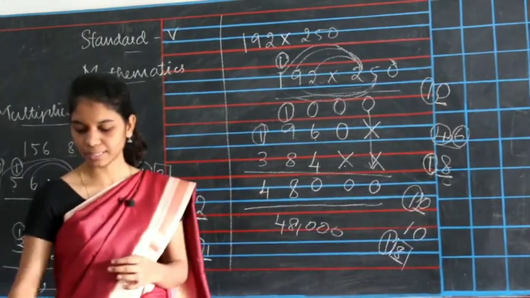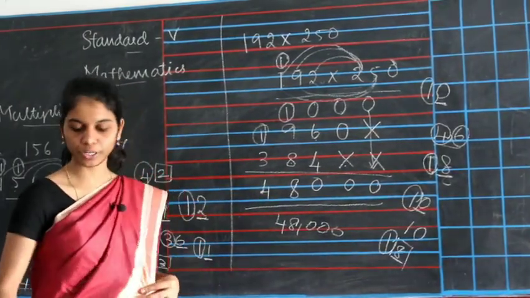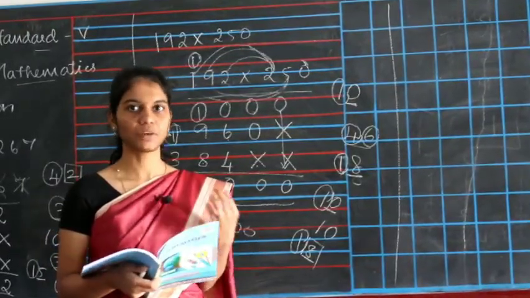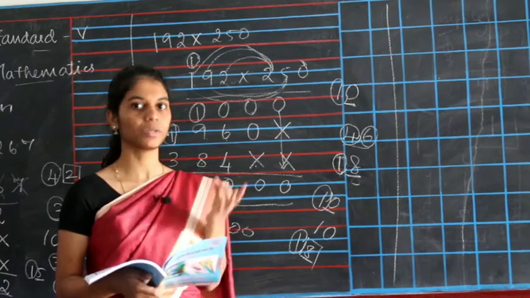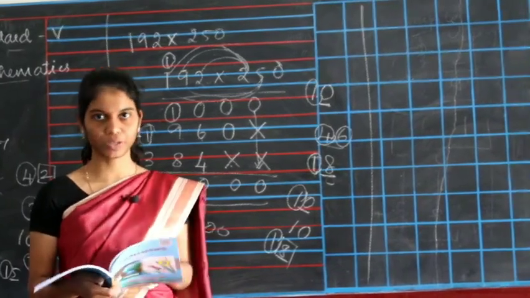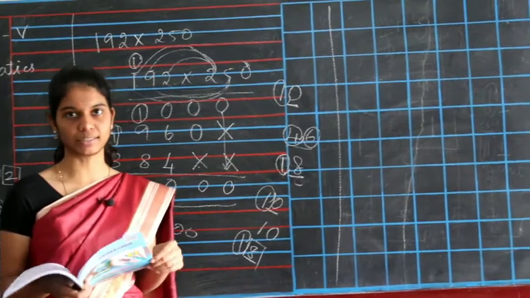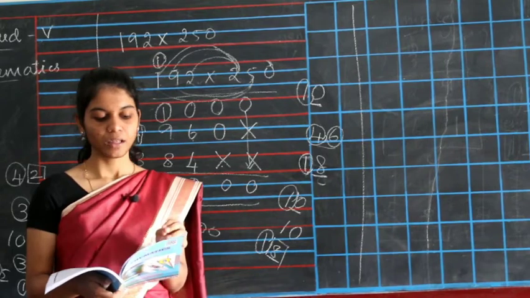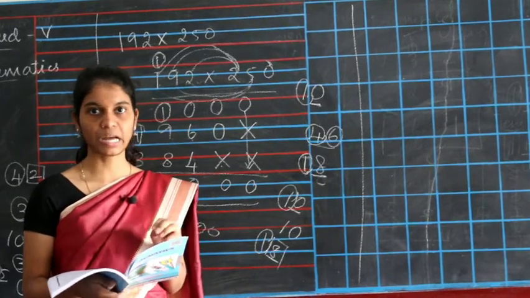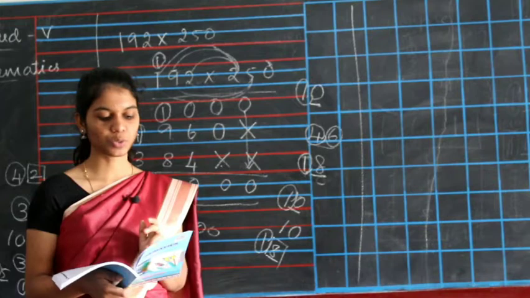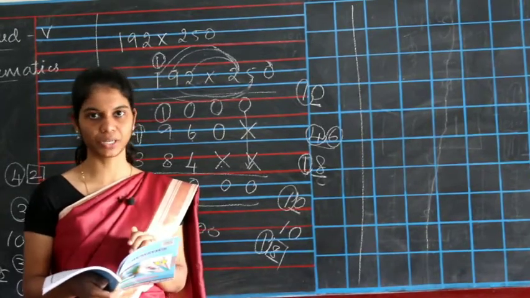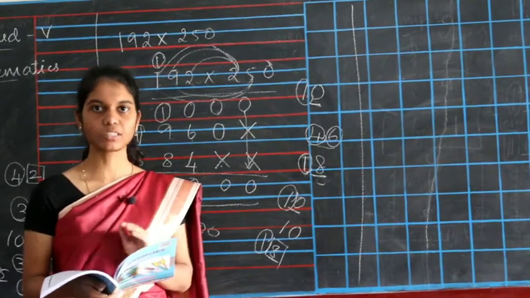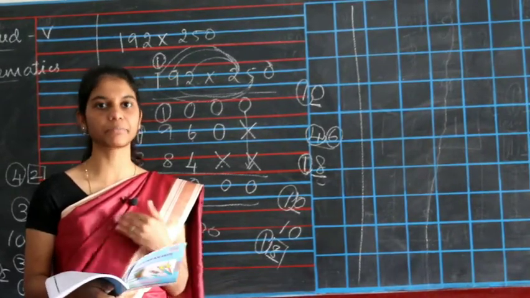There are more sums the same way. Now you are going to see. So okay children, today we saw a multiplication of 3-digit number, right? 3-digit number with 3-digit number. So I am going to give you the homework which is on page number 6. Okay, exercise 1.1. They have given first one multiply. There are certain sets of 3-digit numbers. Okay, first one is 146 multiplied by 173. Likewise they have given the multiplication of 3-digit numbers. That is your homework. You have to solve all the sums and send me the homework.